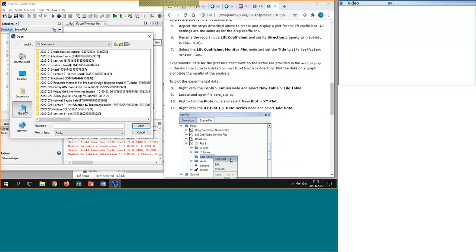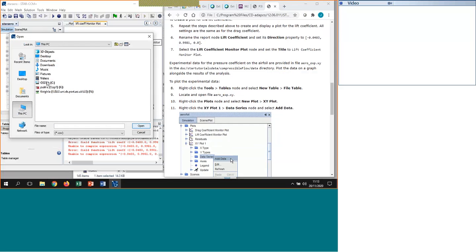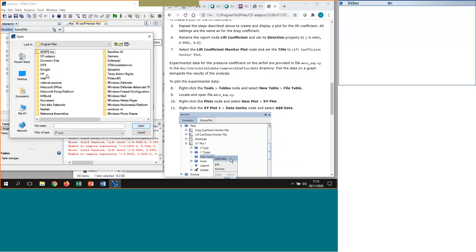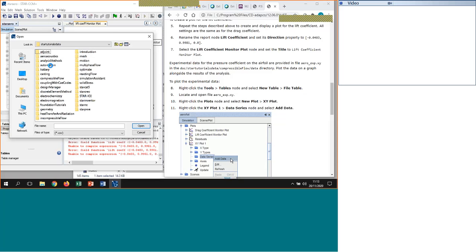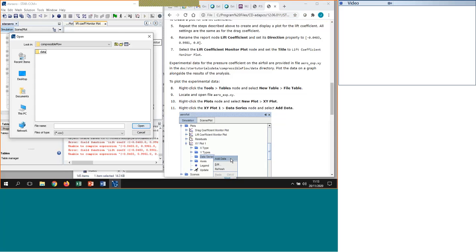So again, this PC, C drive, program files, second one down, CD Adapco, top one, third one down, and then DOC, and then start tutorials data, and then it's the compressible flow data,